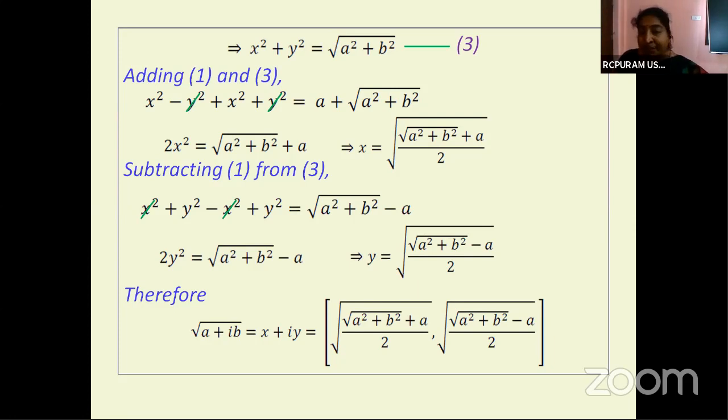Now, when a problem is given to you, this problem is a definite question, children, in your intermediate exam. If you can remember the formula, it's well and good. By taking the formula directly, you can do the problem. Otherwise, whatever process we have followed in proving this general formula, the same process can be followed for solving the problem also. We will take one example. Find the square root of minus 5 plus 12i.